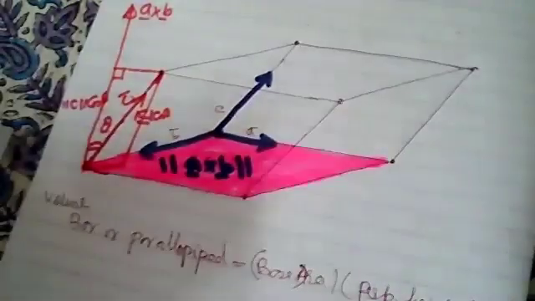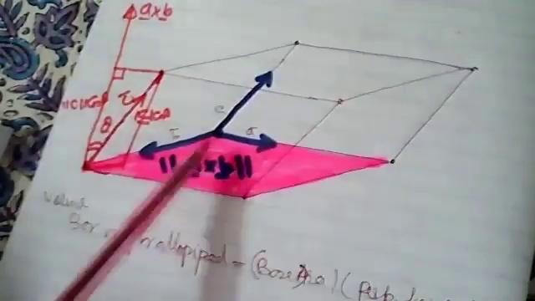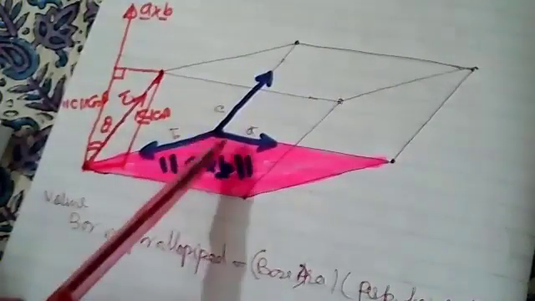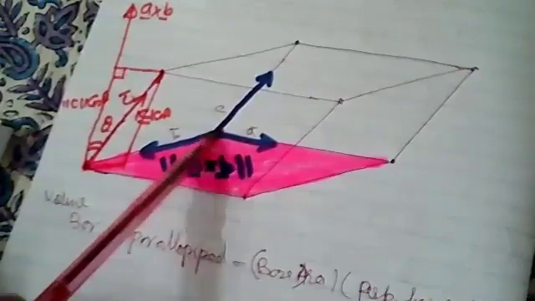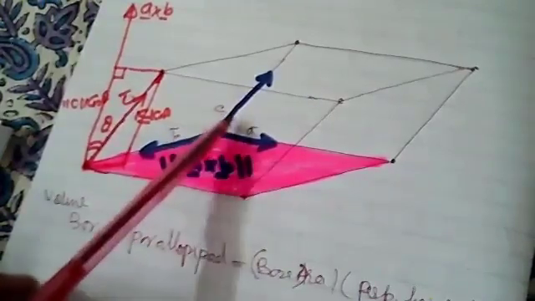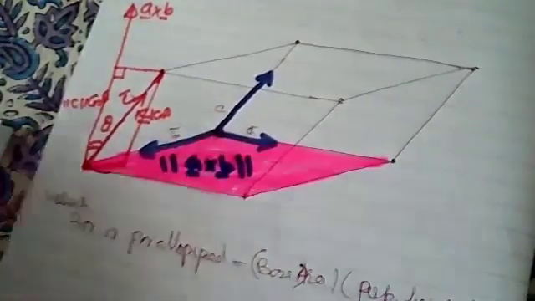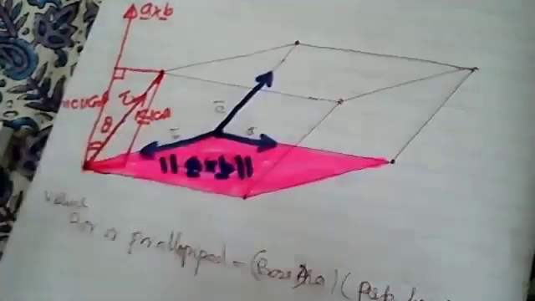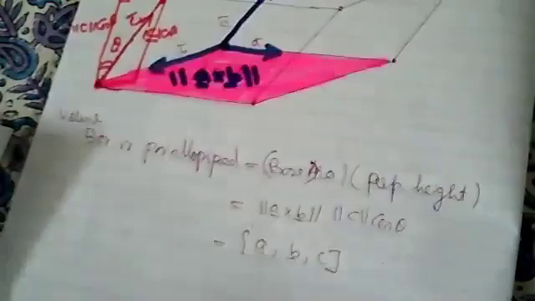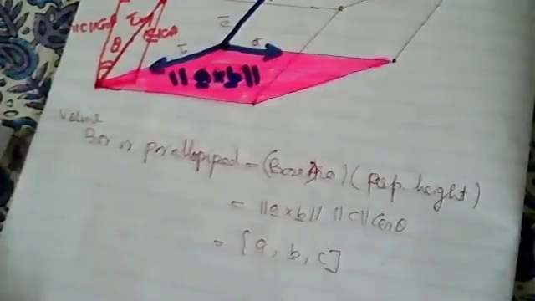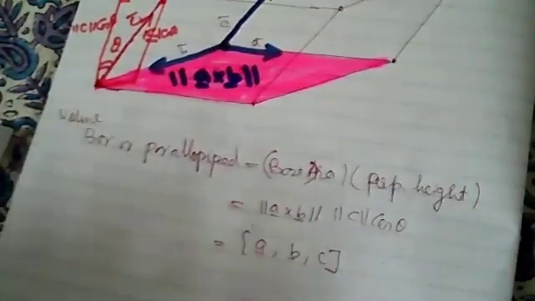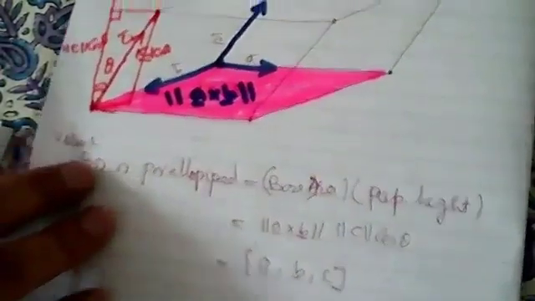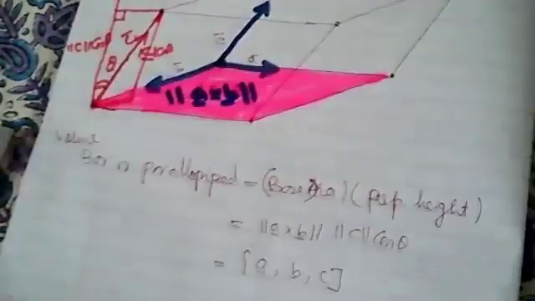So if you have three adjacent sides or co-terminal sides, meaning there's one corner common, and three sides meet at that corner, that is called the common corner. If there's a common corner between three vectors, and the three vectors lie along these edges, take the scalar triple product and you will get the volume. So this is a box. This was the geometrical meaning of this scalar triple product.